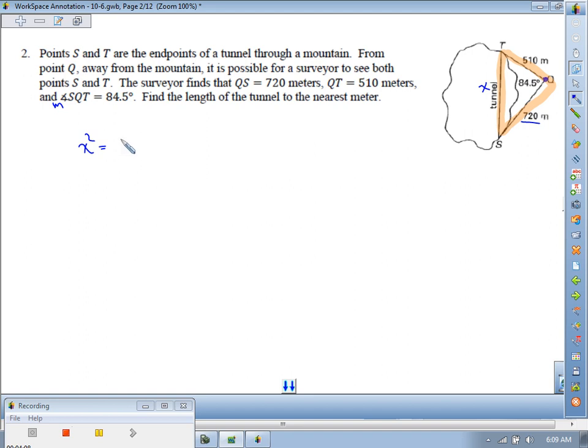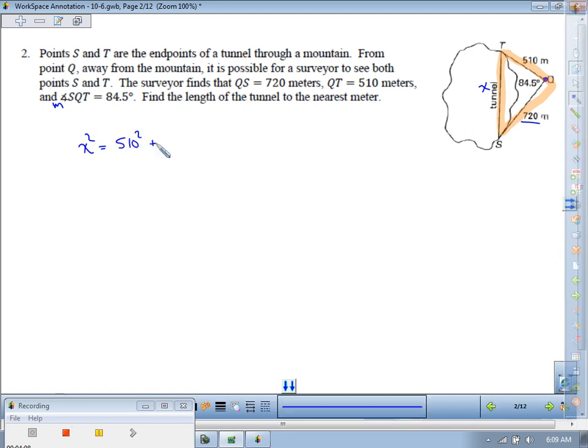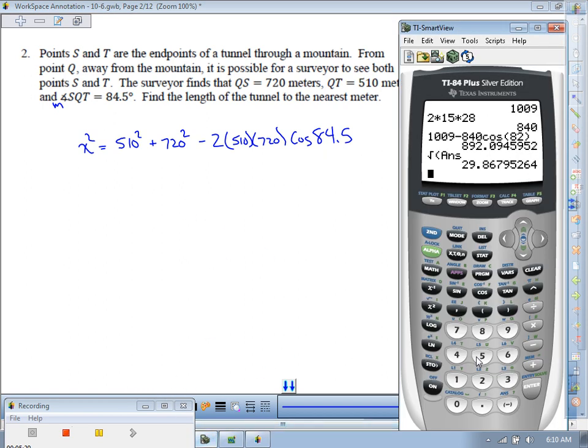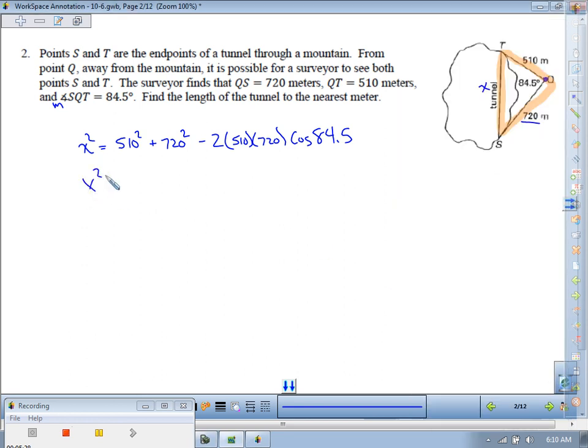So x squared equals 510 squared plus 720 squared, minus 2 times those same two numbers that we just squared, times the cosine of the angle measure, which is 84.5. Then we'll just clean it up a little bit. So 510 squared plus 720 squared, big number, x squared equals 778,500 minus